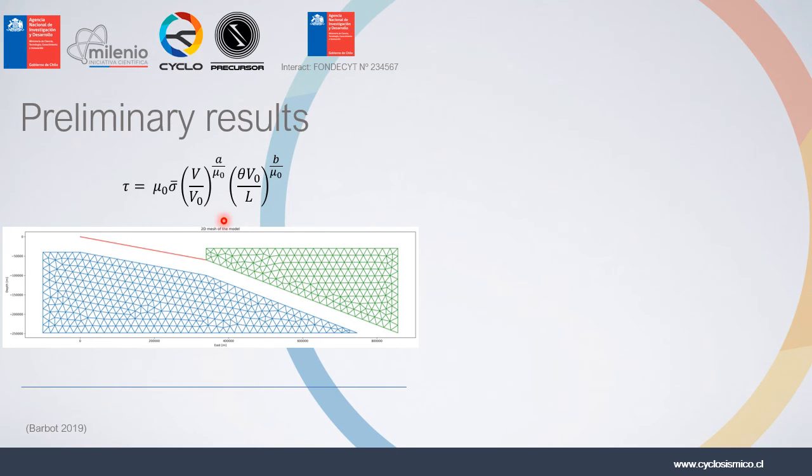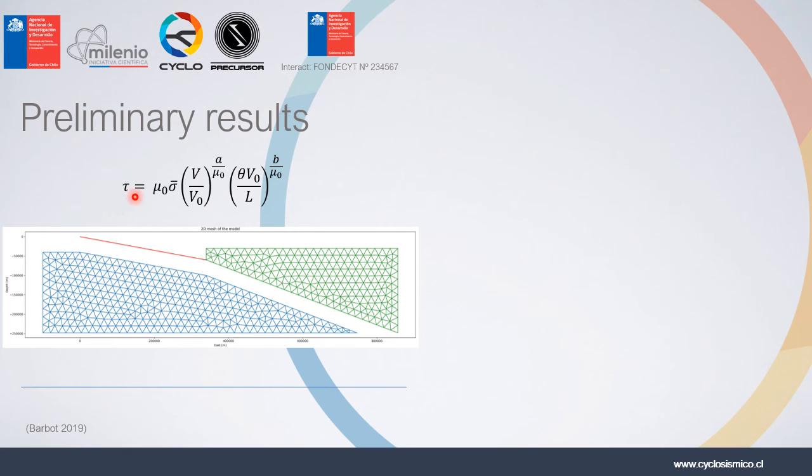Well, finally, I want to show you some preliminary results. So here we have a configuration of a 2D setup where we have the continental and oceanic mantle and some very simplified geometry of the subduction fault that is behaving following this equation, which is the rate and state friction law formulated by Sylvain in 2019. I'm not going to describe it in so much detail, but the basic idea is that we